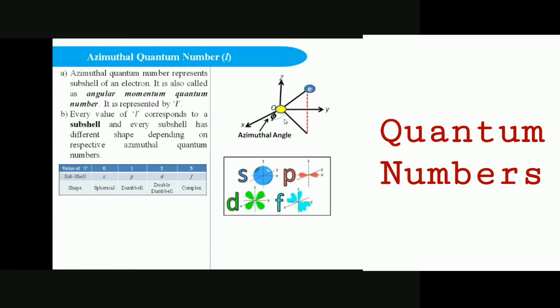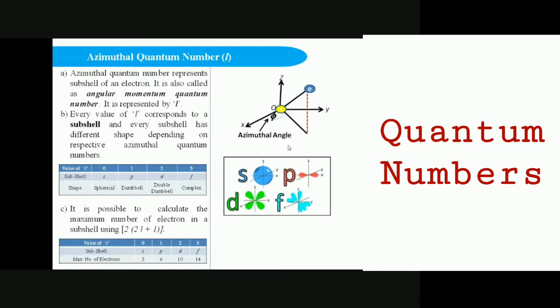As we can see here, these four different subshells have different shapes, because the electron can move anywhere with some angle with the nucleus. So this is decided by the subshell. This L value can be used for determination of the number of electrons it can occupy by a simple formula, 2 into (2L plus 1). So the first subshell, that is S, will have a maximum capacity of 2 electrons. P will have a maximum capacity of 6, whereas D will have a maximum capacity of 10, and F will have a maximum capacity of 14. It can be determined easily by using the formula.